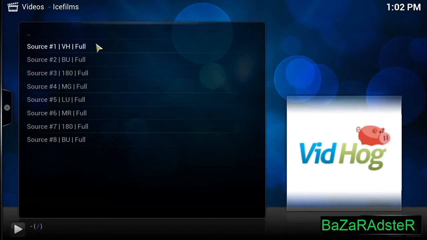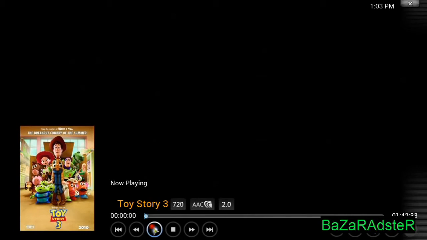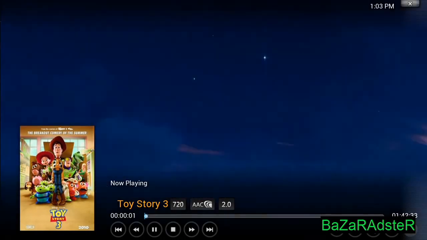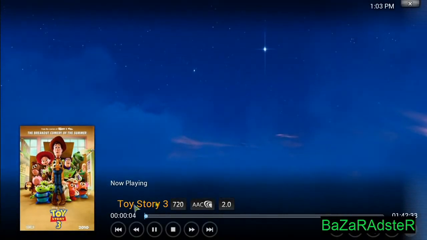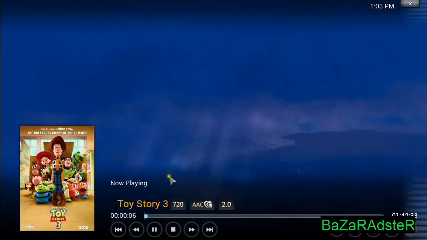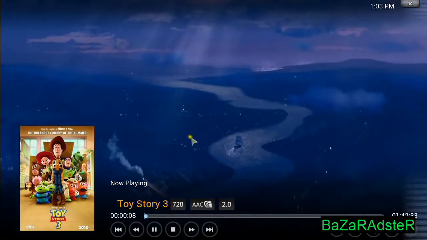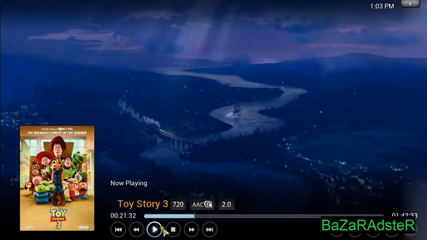Then it will just take a few seconds to load. Hopefully it doesn't get a copyright claim on this, so it will just show a little bit. It will lag a little bit on the screen recorder, unfortunately, but when you play it yourself, there is no problem whatsoever. So now it's playing. We've got the cover picture, the poster, of Toy Story 3, and it's in 720p. As you can recognise the start of it, if I skip it on a little bit,